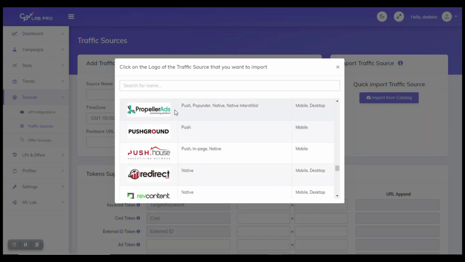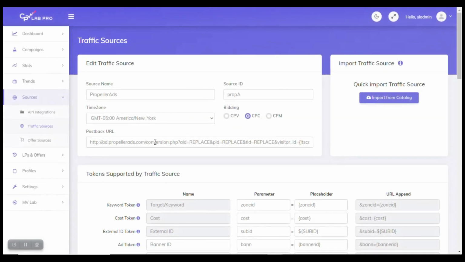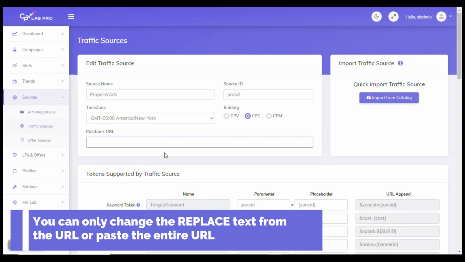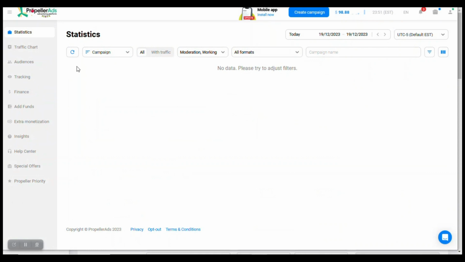So now I'm just going to go ahead and click the icon or logo, and then we can go ahead and set the postback URL. I'm going to go ahead and delete this URL here, and then go to Propeller Ads. And then in the left-hand column, we're going to see tracking, and we're just going to go ahead and click on this tab or anchor text here,